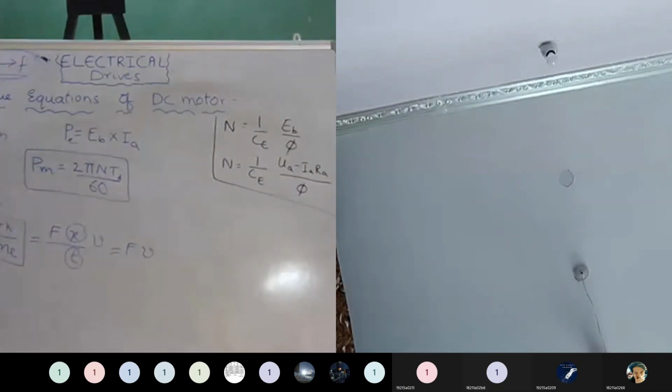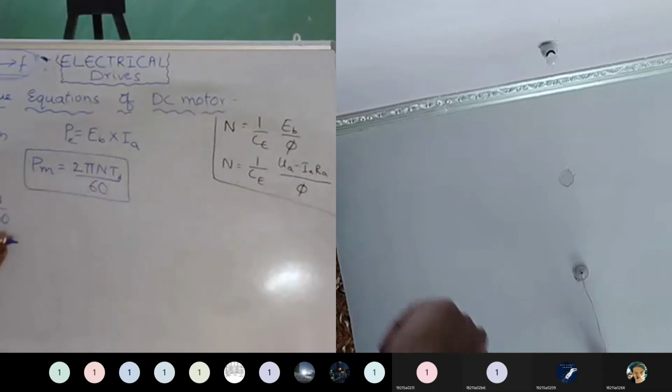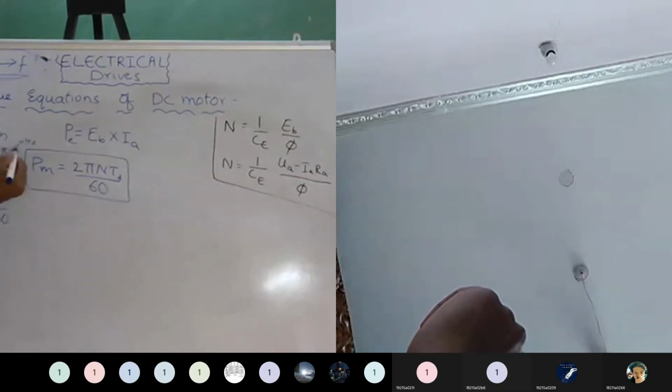If it is in angular motion, instead of force we will take the torque and angular velocity. Mechanical power is equal to torque into angular velocity. So angular velocity is equal to 2 pi N, where N is rotations per minute. In seconds, it will come as N by 60. Already we discussed this one. Revolutions per minute, we convert to rotations per second by dividing by 60. Or omega is equal to 2 pi f, everybody will remember. This one also no problem. But f will be in hertz.